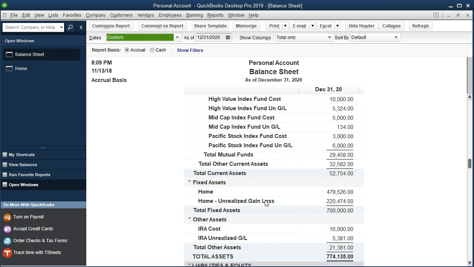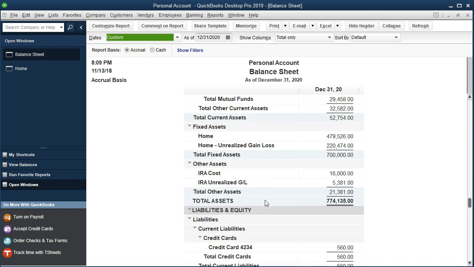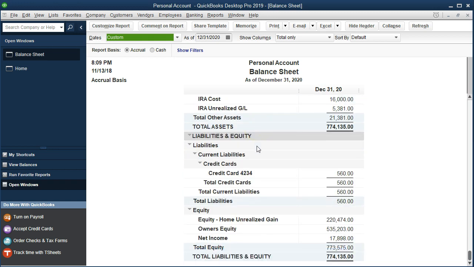We've entered into this format the home, and we have the home on the books, but not the liability. We're going to enter the liability, the loan, on the books as well, but our problem this time, which we'll treat a bit differently, is that we want to make sure that we record the payments correctly. In order to see that, we're going to look at the profit and loss.